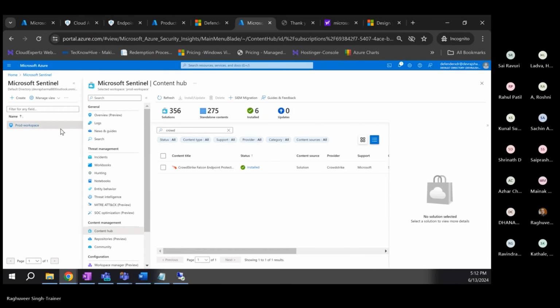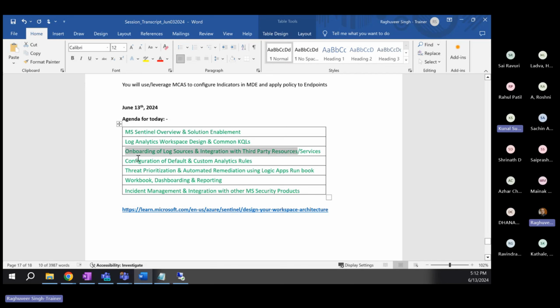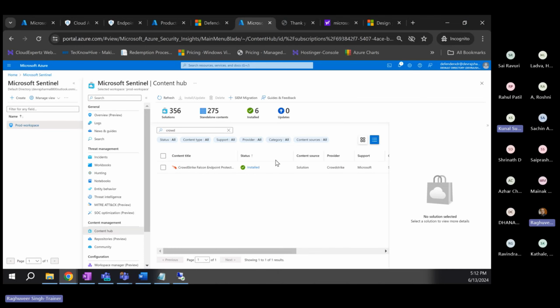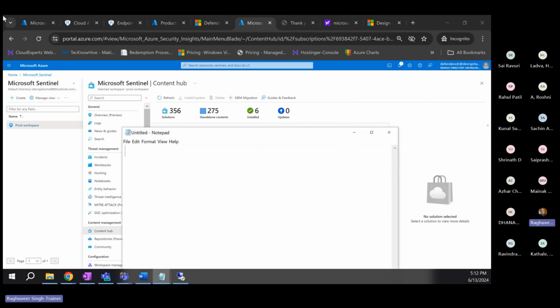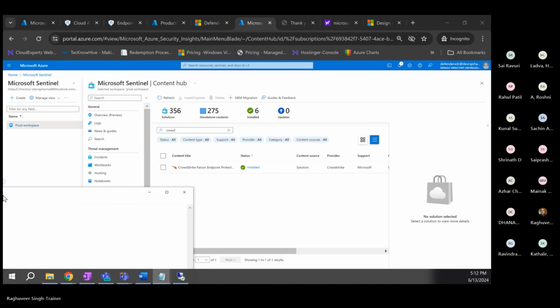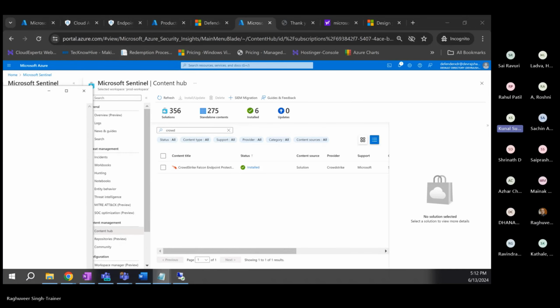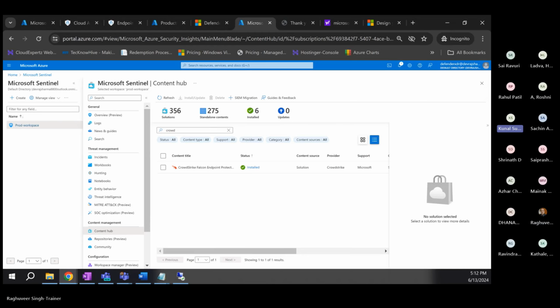Okay, regarding this integration part, I have one question. Sentinel has CrowdStrike Falcon endpoint protection integrated, as a data connector, right? But when we try to integrate Microsoft Defender for Endpoint with SIEMs other than Sentinel, why